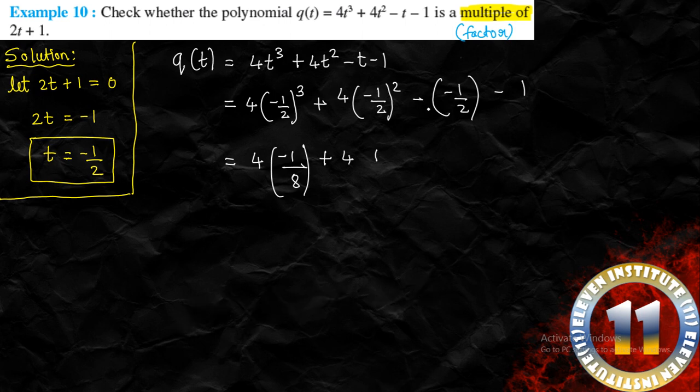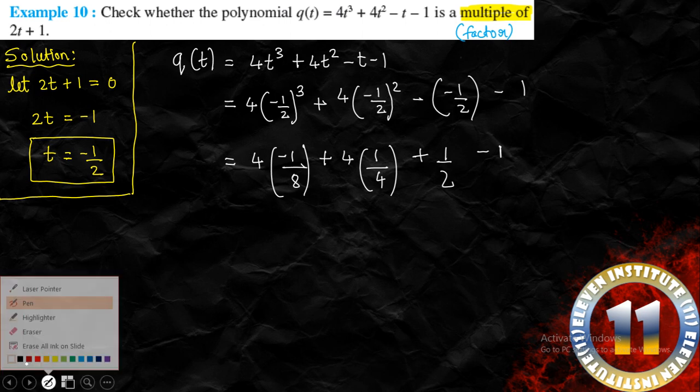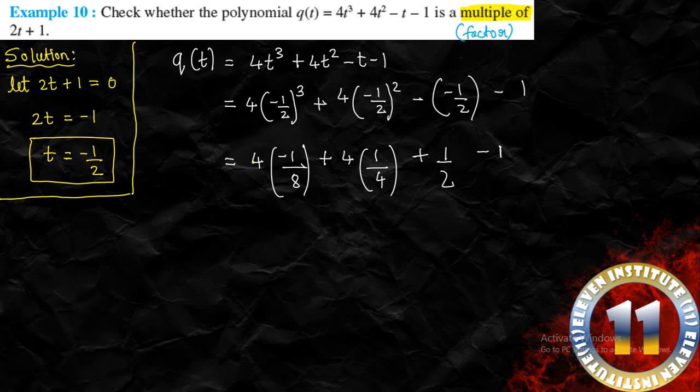Yes. So minus 1 square is 1, 2 square is 4. So here we have 1 by 4. Minus minus plus 1 upon 2 will be kept as it is, right, and this minus 1 will be again kept as it is. Now you can cancel this, both 4 and 8. So 4 2s are 8, right? So let us cancel them. 4 2s are 8. Here this 4 and this 4 will cancel each other, right?